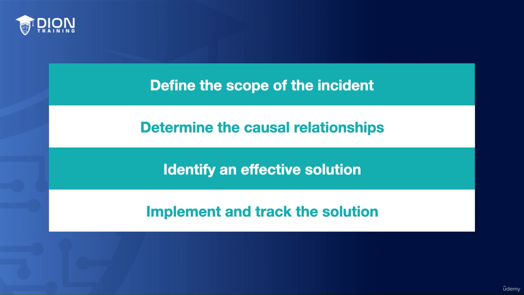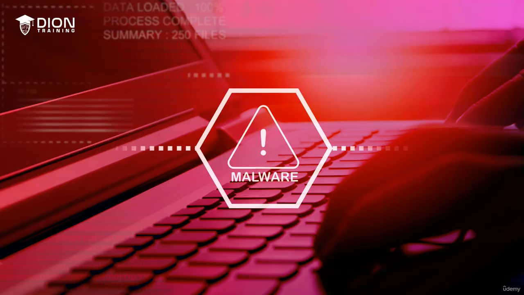Let's say you had a malware infection inside your organization. First, you need to determine the initial cause and scope of that incident. Maybe it was caused because malware was introduced into your network because somebody plugged a USB thumb drive into their workstation, or they clicked a link in a spear phishing campaign, or they visited a malicious website. Now, whatever the initial attack vector was, our goal is to identify that so we can prevent it from happening